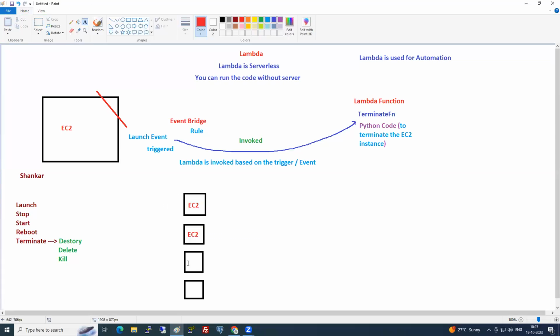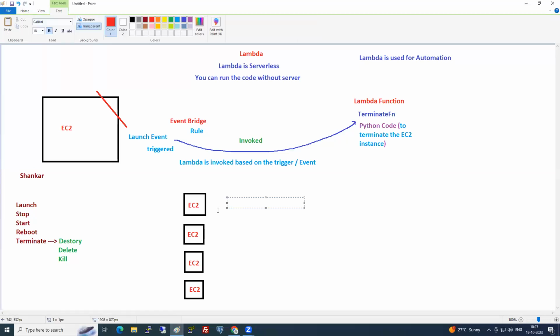Now tell me, all these 100 EC2 instances are used by DevOps people. At night, they are not using these machines. If they are not using the machines, is it good to keep them running?